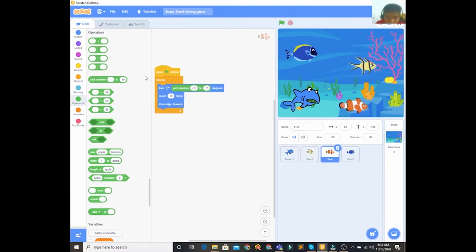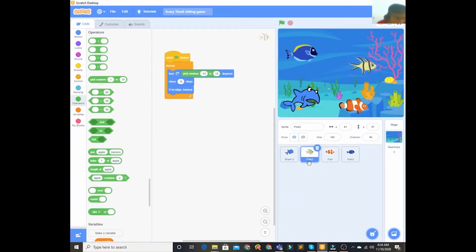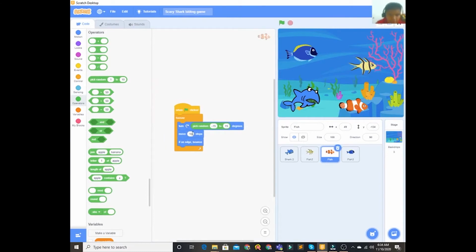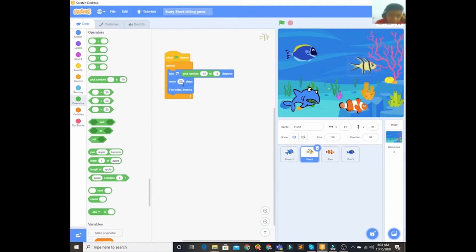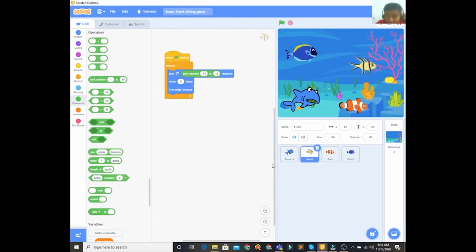So it will be the same code as the yellow fish. So for the red fish, it will be 20 steps. This will be faster, and the yellow fish, it will be 5 steps. So for the red fish, 20 steps, and yellow fish, 5 steps. That's it. And for the toxic fish,